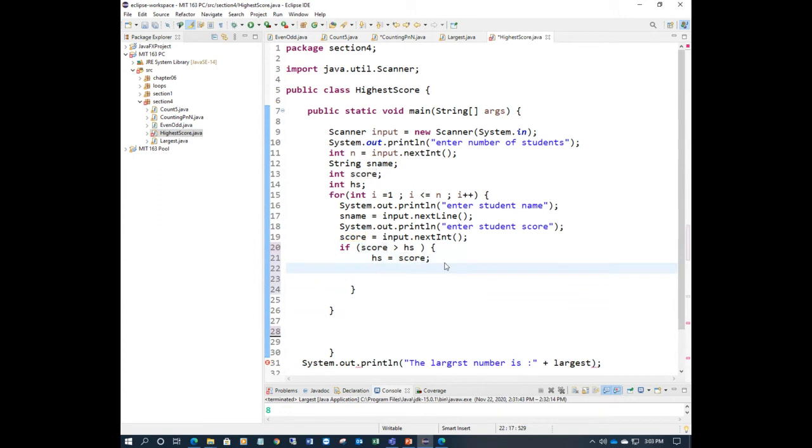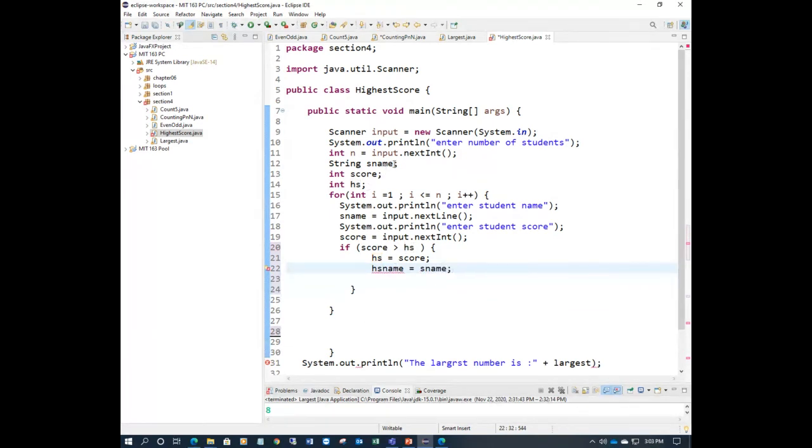And similarly for the name, I say here name. I can say now the highest student name, this name equal to S name.